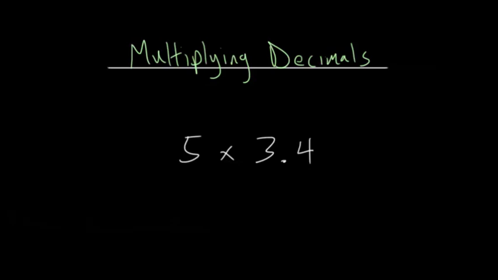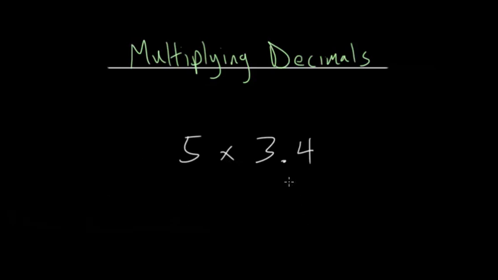In this video, I'd like to talk about the concept of multiplying decimal numbers. So we have this example here, 5 times 3.4. For this first example, I'll just walk you through the process for how you actually compute this. And then I'll try and make sense of it by explaining at least how I think about why we follow